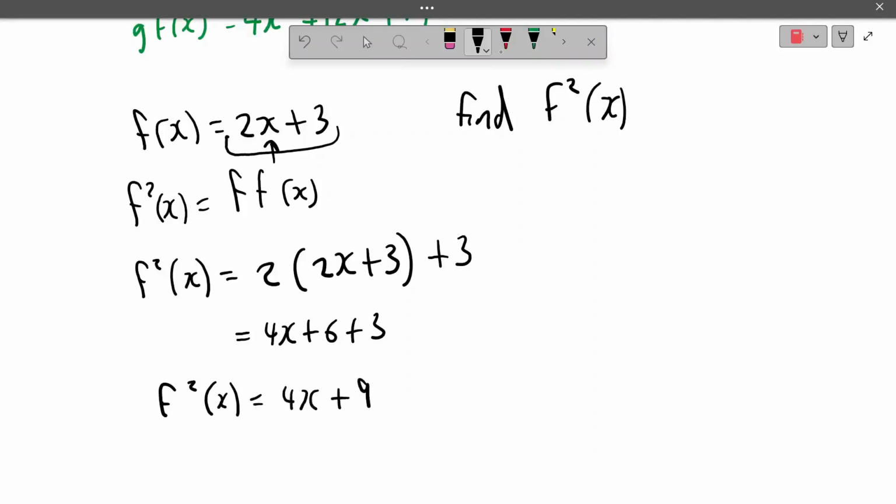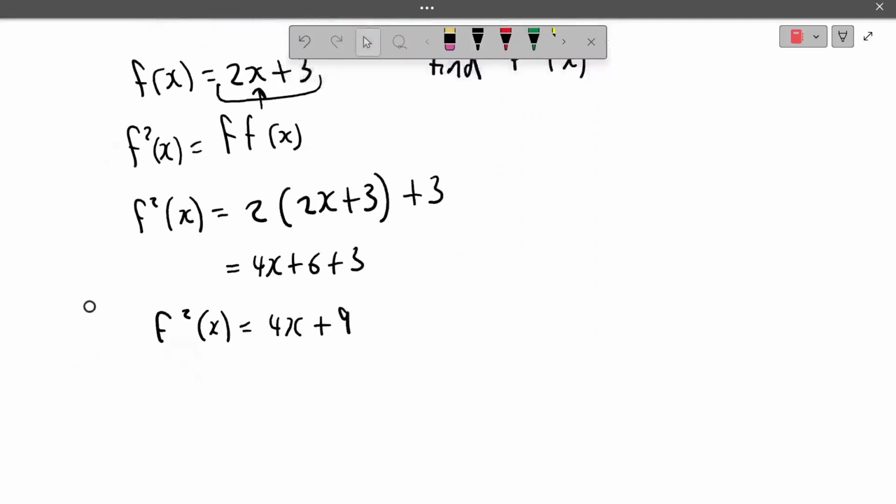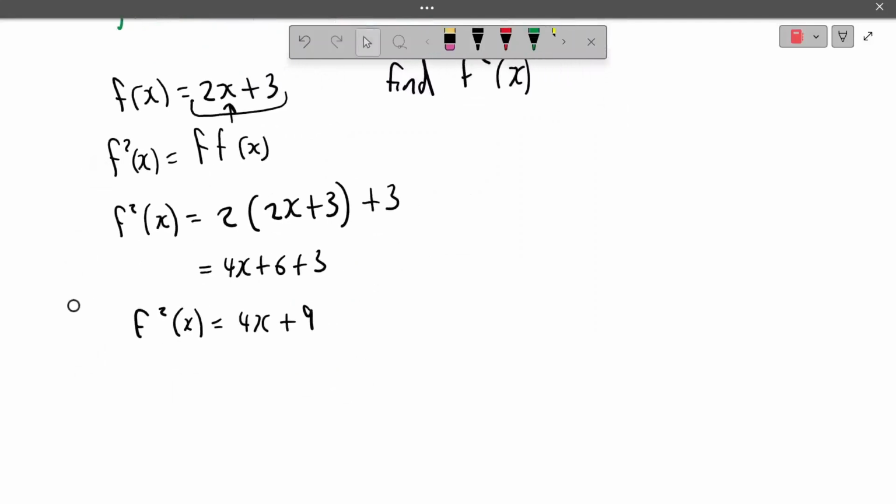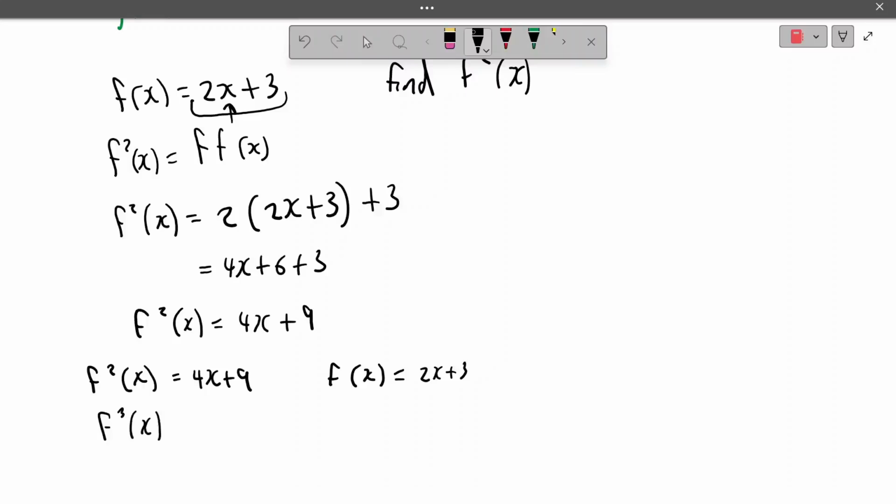Now, obviously, we could then continue that further. So you could have f cubed of x, which you then plug the original equation into itself. So here we have f squared of x is 4x plus 9, and f of x is equal to 2x plus 3. Well, then f cubed of x is f of f squared of x. So basically what we're doing is we're going to plug